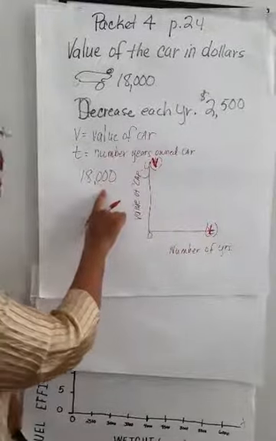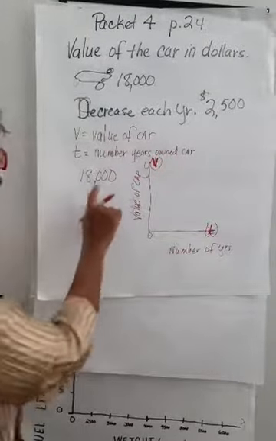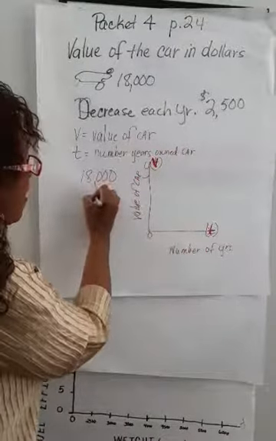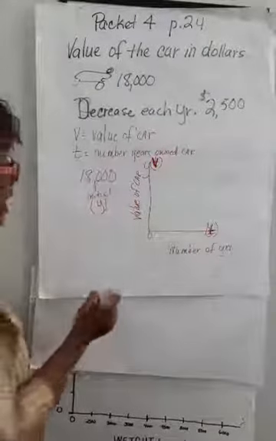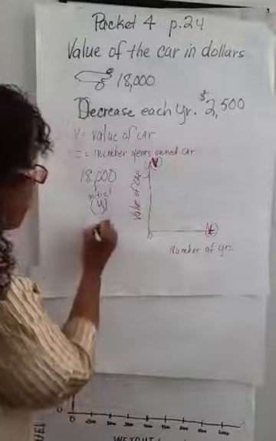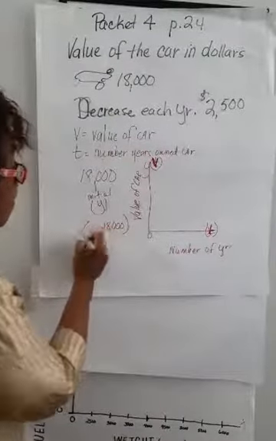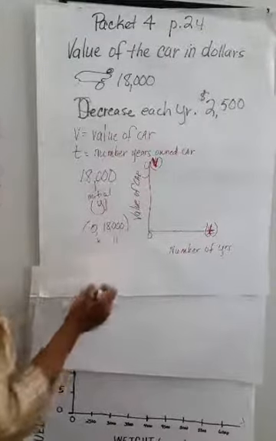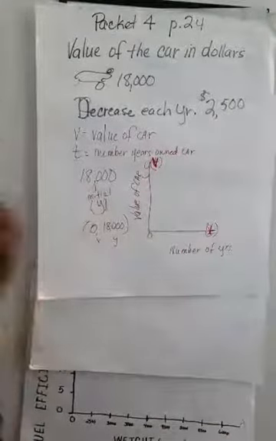ask you for the ordered pair of this, there is no X value here, because this is the initial value, and the initial value is your Y. So there is no X value here. And if I ask you for a set of ordered pairs, you will have 0 and what? 18,000. Because you got to have an X. If you had an X, if you had a Y, this X and this Y. You don't have an X. You just had an initial value, which is your Y